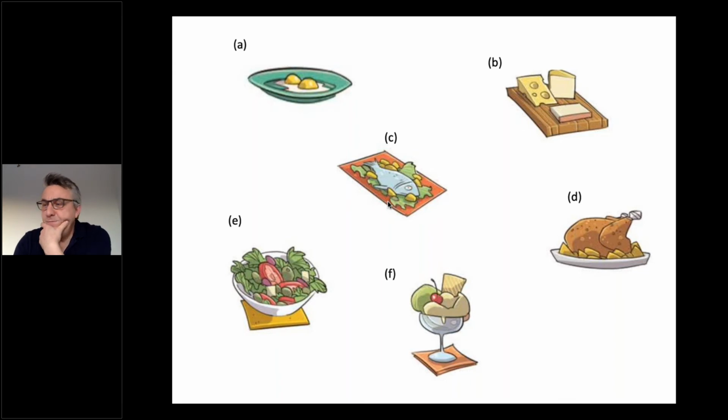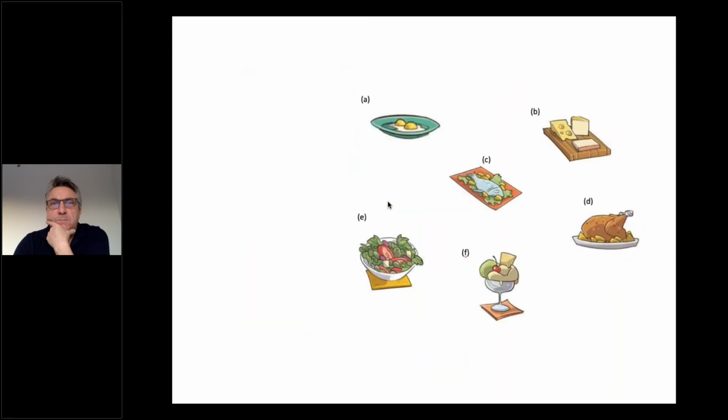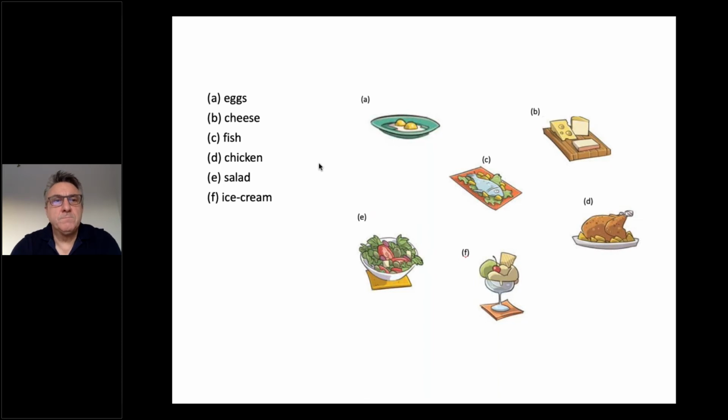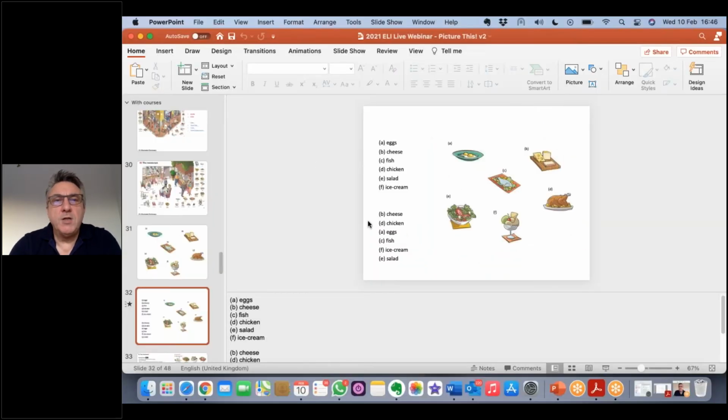What do we have? So I got Ruth Lotero with cheese, chicken, eggs, fish, ice cream, salad, and turkey. And then I've got another one actually. This is interesting because she says cheese, eggs, fish, ice cream, salad, and turkey. Actually, yeah, actually, I made a mistake. I've just realised.